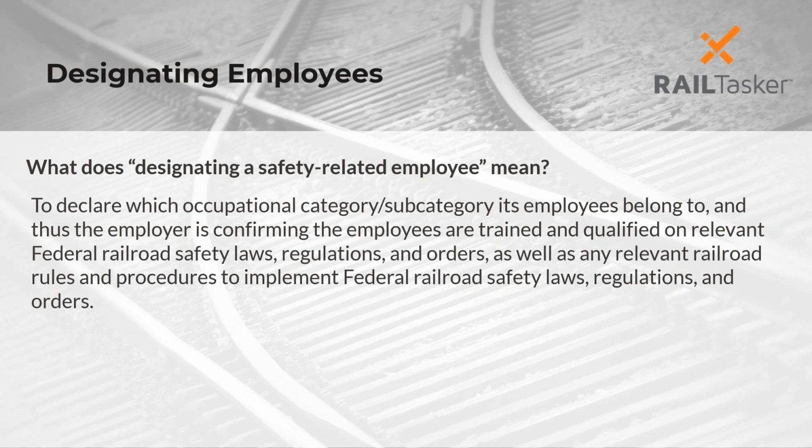We're doing this at the occupational category level, which I have a screen in a minute to show you what that looks like. And I know that we have probably about half and half of people here that use Railtasker and others of you that do not. So I'll try to provide examples of what that looks like for these, or I'll talk to the association's programs as well. And then it just talks through the whole federal railroad safety laws, regulations, and orders, which is part of that definition of what a safety-related task is for Part 243. Basically everything FRA governs with the exception of hazardous materials.